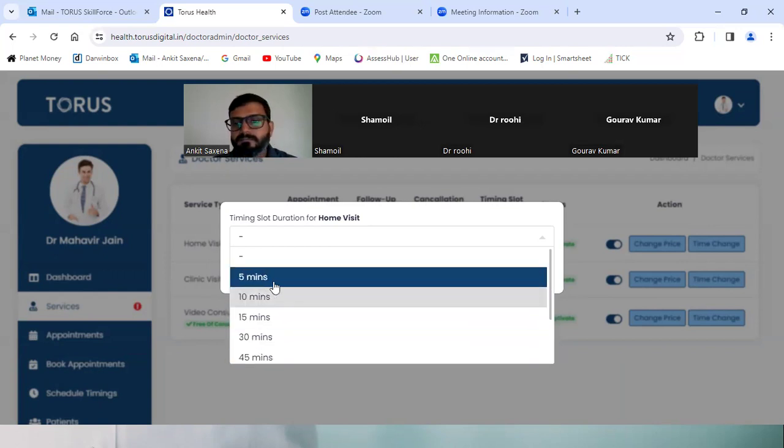Yes, I have a query here. We are fixing some data here, be it the service charge or the follow-up time. Normally in practice, in a given day, we would ask certain patients to come after 3 days, a few patients after 1 month.